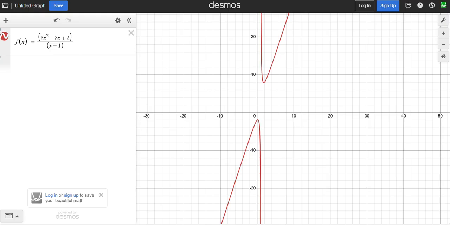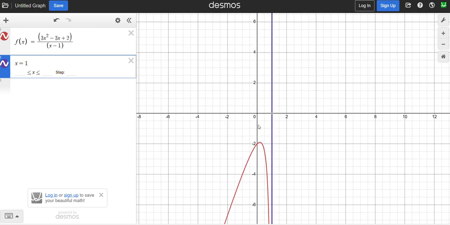So looking at the original graph again, if we add the vertical line x equals 1, we can see that line is in fact a vertical asymptote for this graph of the curve of the original f of x. The red curve will never touch or cross the blue line that is the vertical asymptote. It looks like that right now because the size of a pixel on the screen is finite. But if we zoom in closely,